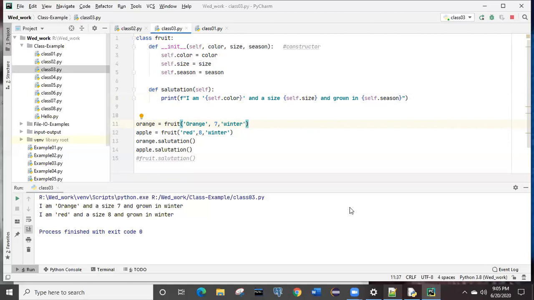Got it? Now there may be a question: this method, which is defined at line number 7, whether we can call it with the class name or through the object name, right?